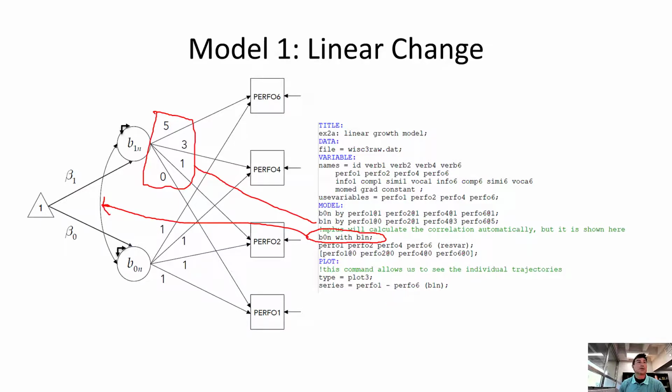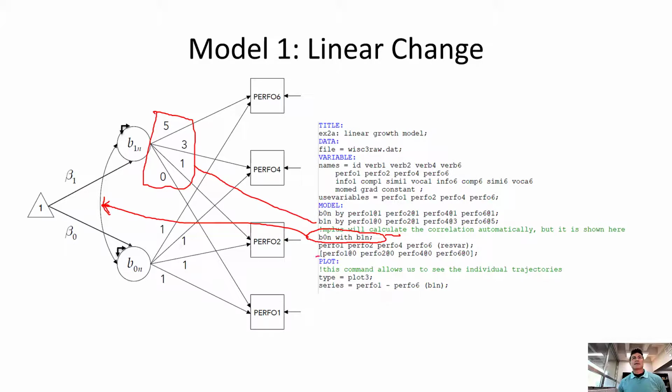To me, this is one of the most important things that we get out of this that we don't get in repeated measures ANOVA. So we can see, are people who start off higher at a bigger advantage than people who start off lower, or the opposite, people who start off lower actually catch up to people who start off higher. So we want to see if there's a correlation between the intercept and the slope. And again, M+ will calculate this. You don't have to put this in there. I put it in there just to have that syntax in there.